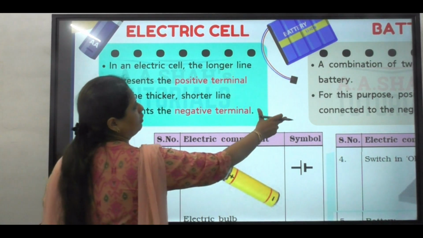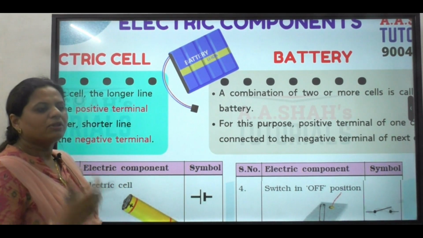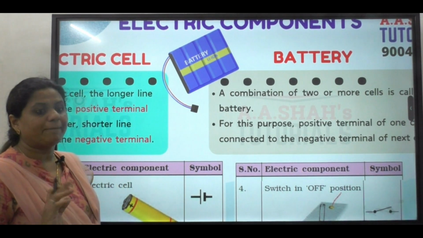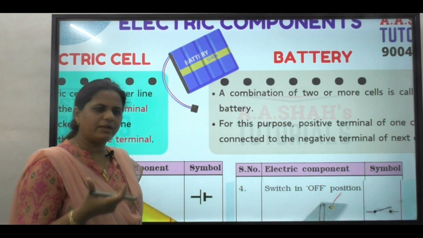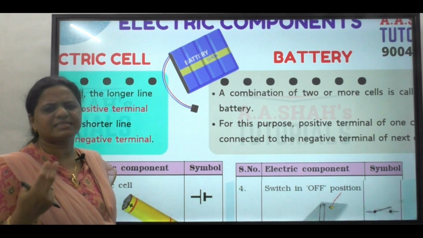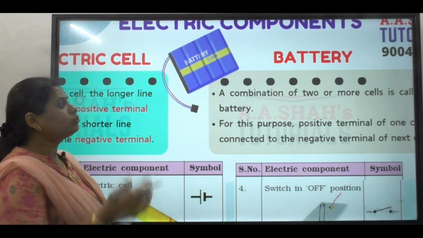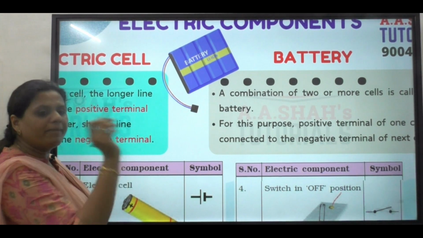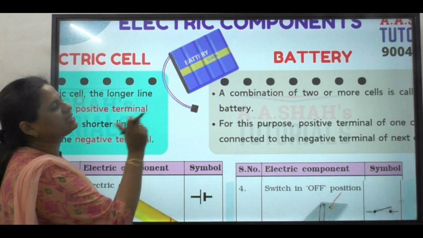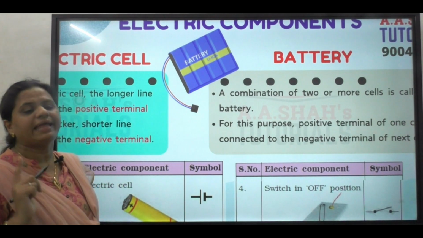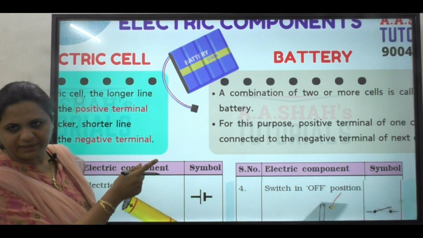The second concept we are looking at is the battery. What is a battery? We say the battery is dead, the battery is finished. Battery is actually the scientific term for a number of cells. In a remote control you put at least 2 cells. In various electric vehicles and toys you sometimes need at least 4 cells. So that is a group of cells. A combination of cells is called a battery. So a single cell, and a combination is a battery. Do you understand the difference between the two concepts? What is a cell and what is a battery?